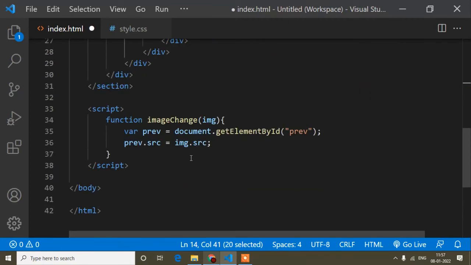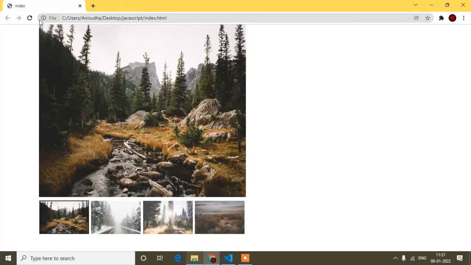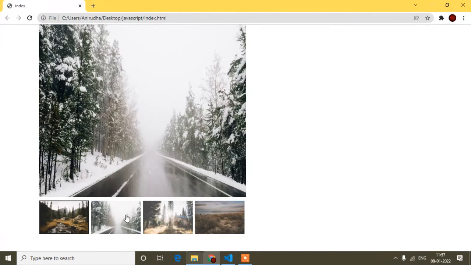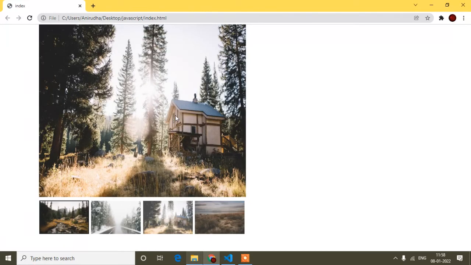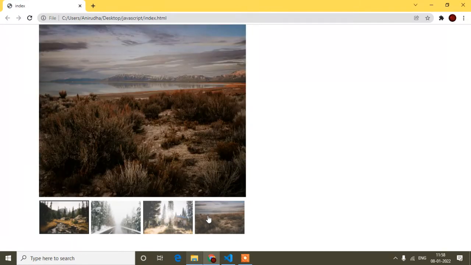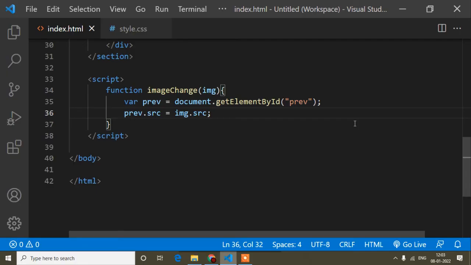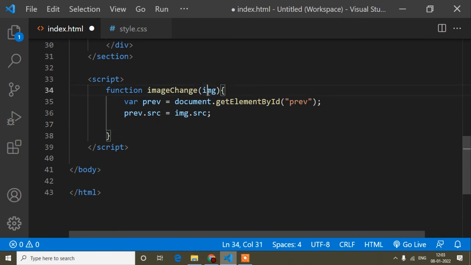Now I will just save and refresh. If I click here, you can see the second image is displaying, and third, the third image is displaying. Okay, this one. So, guys, this is done, but one thing: this active class also I have to add to whichever image I click. So here I will write this image.